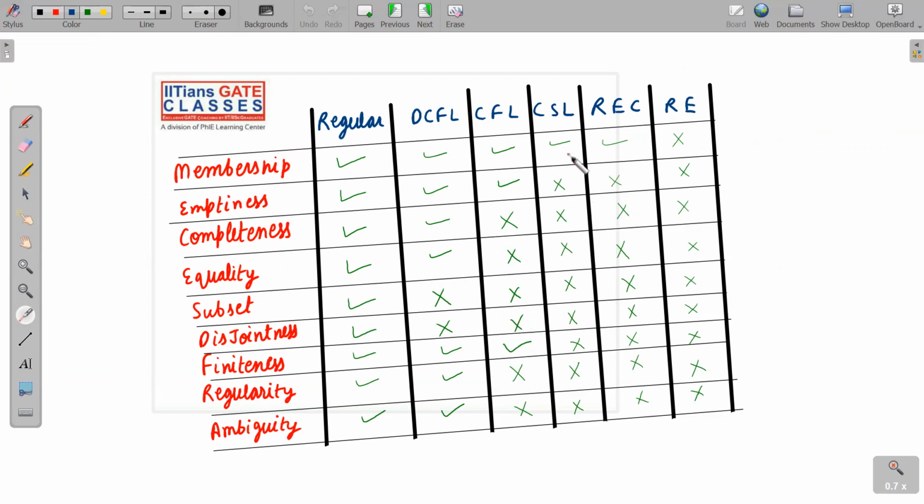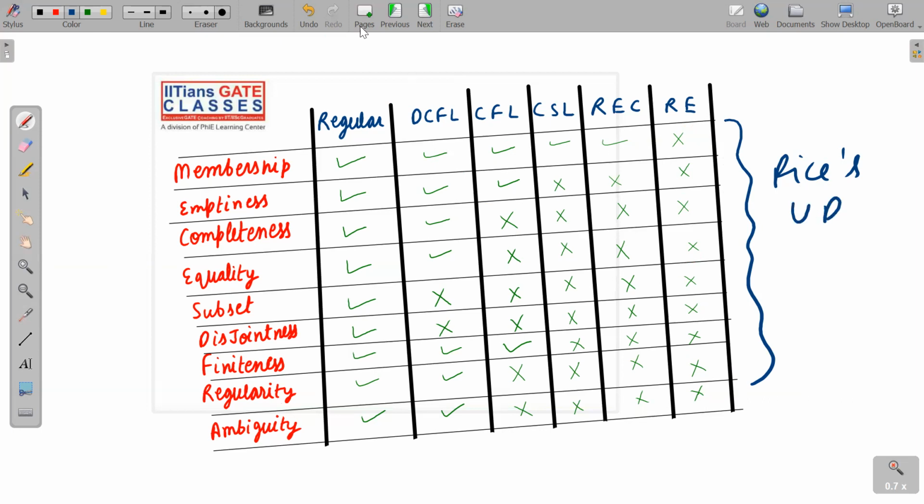So for CSL, only one is decidable, that is membership. For REC, only one is decidable, that is membership. For RE, no problem is decidable. Each and every problem is undecidable for RE. And in fact, this is nothing but your Rice theorem itself. Rice theorem says any non-trivial property of RE languages is